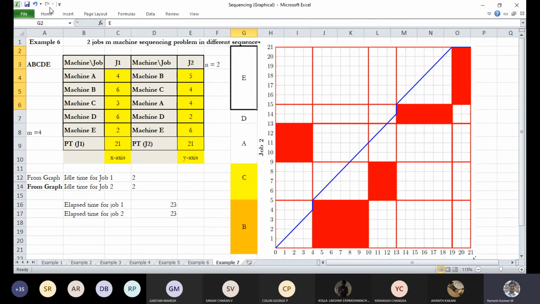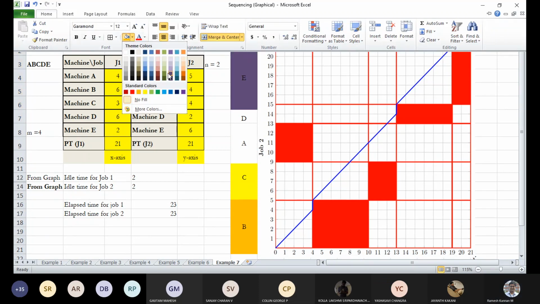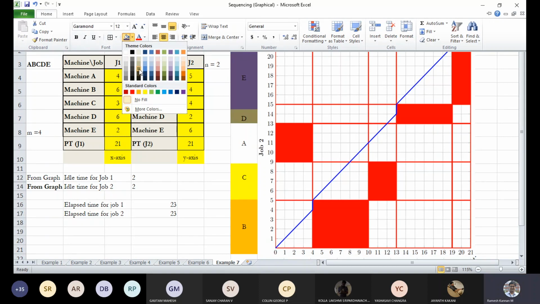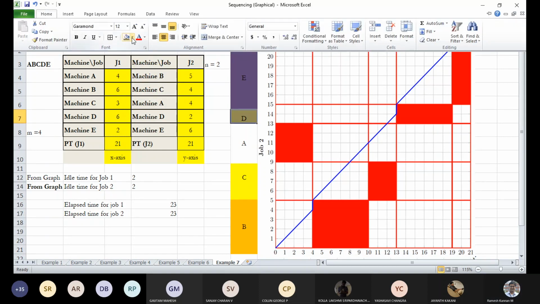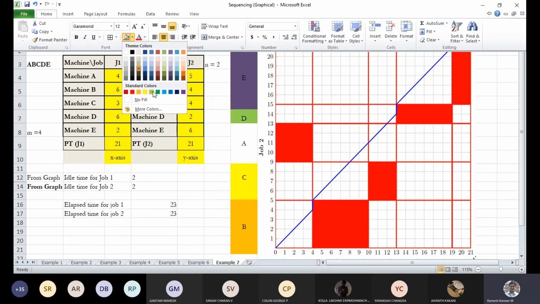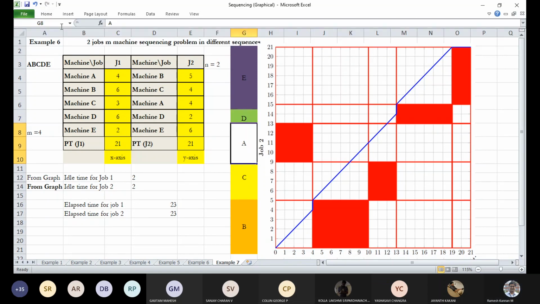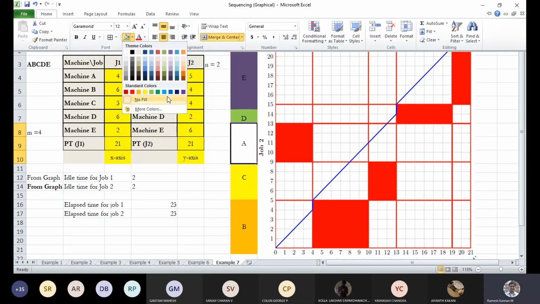Right. So I can change colors. Or I'll just give the default colors so that I can replicate that.